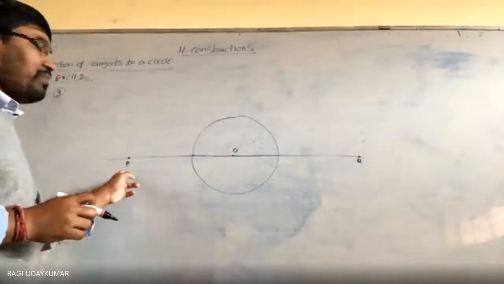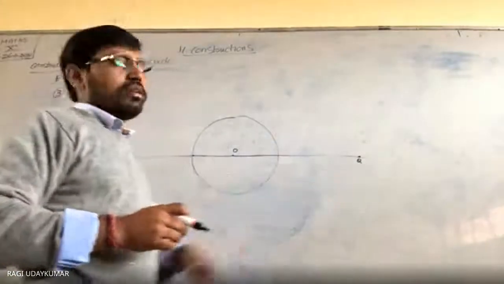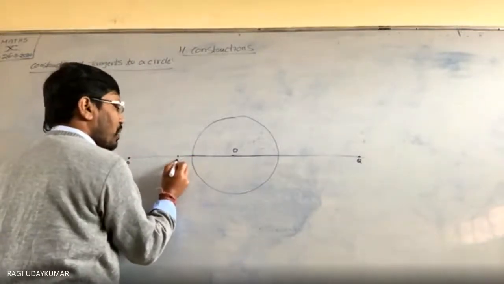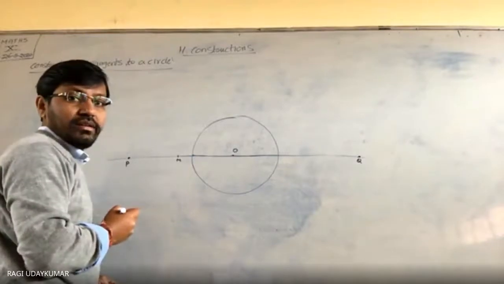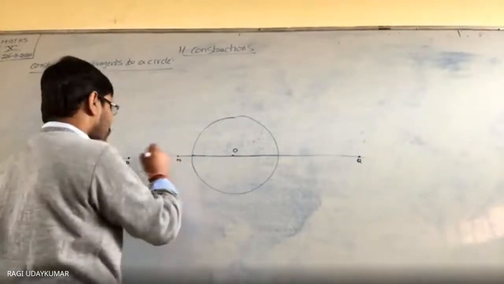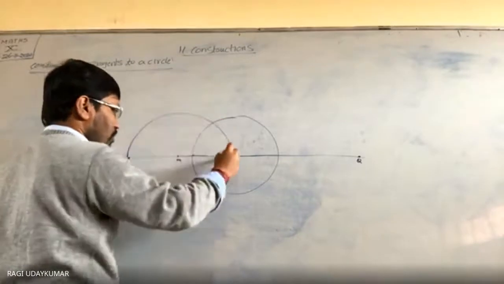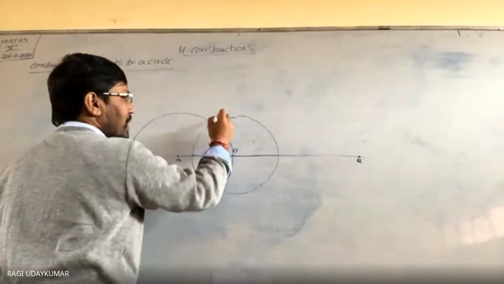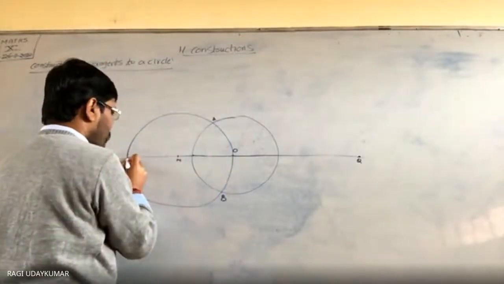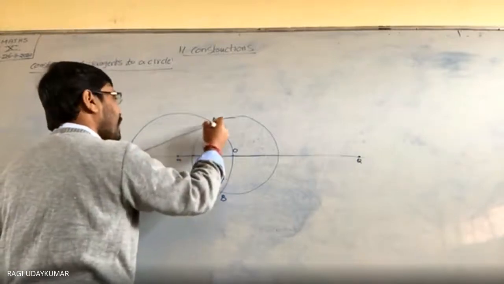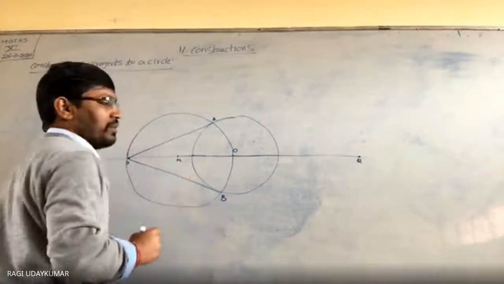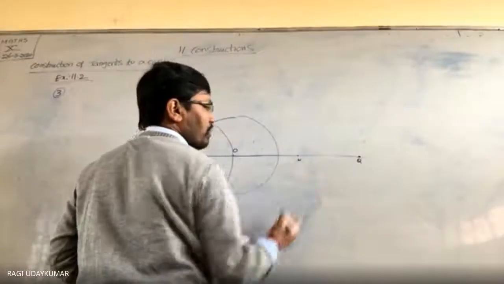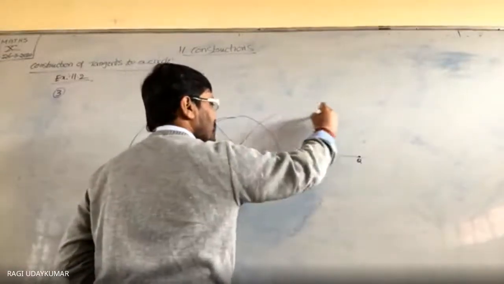Next, what to do? From this point tangent you have to draw. Further, ये 3 centimeters में 4 centimeters होगा. So total 7 है ना. So midpoint here you will get, approximately 3.5 पे आ जाएगा. And this one as a center you draw a circle. It is touching here at A and B. दोनों को जाएगा. P to A जाएगा. P A and P B, from this point tangent होगा. And ये दोनों का midpoint को N मान लो. This one as a center, one circle you draw.